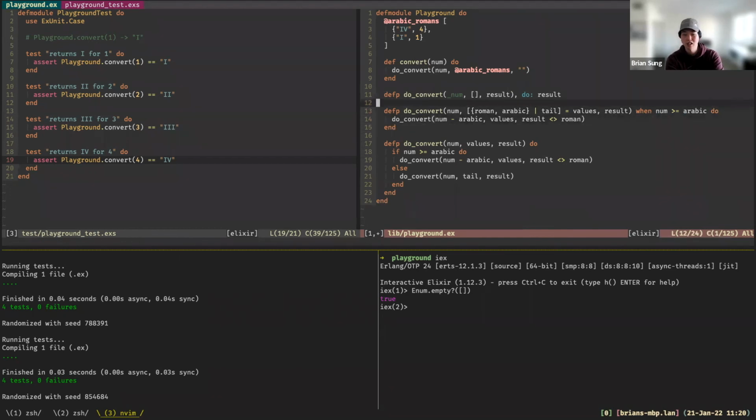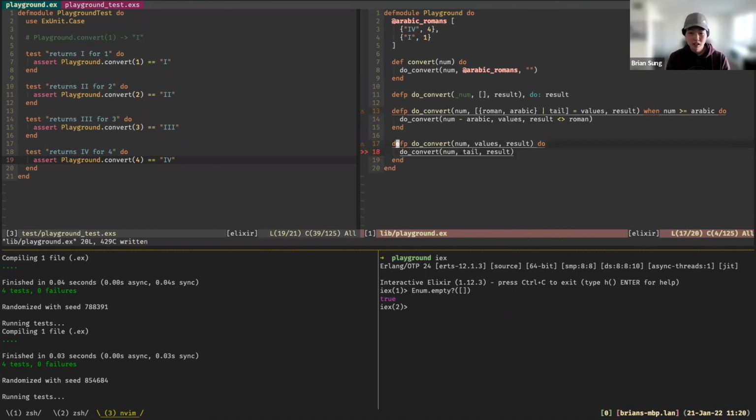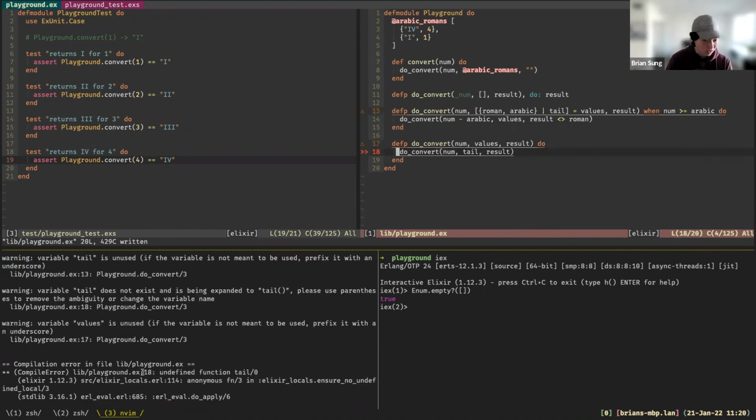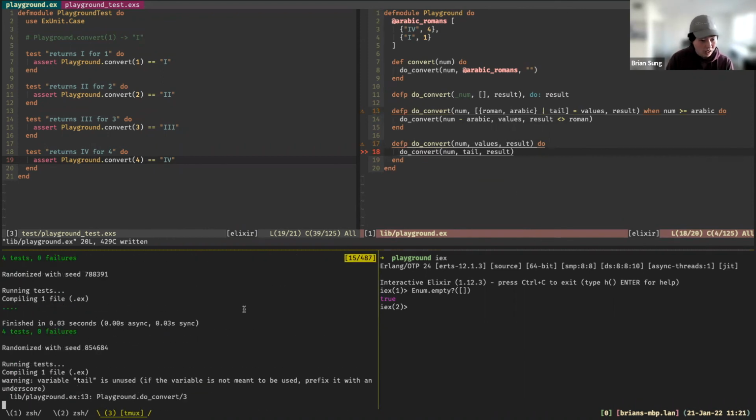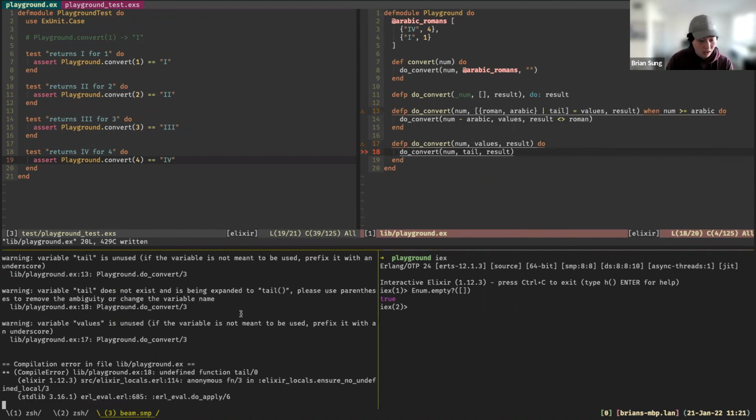Again, we're only calling this function when number is greater than or equal to Arabic. So we effectively remove that part. This might not pass, I don't know, let's see. Undefined function tail, okay.